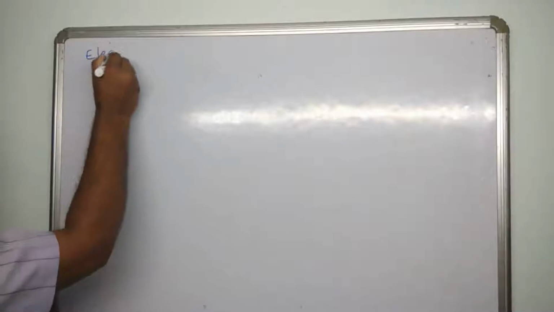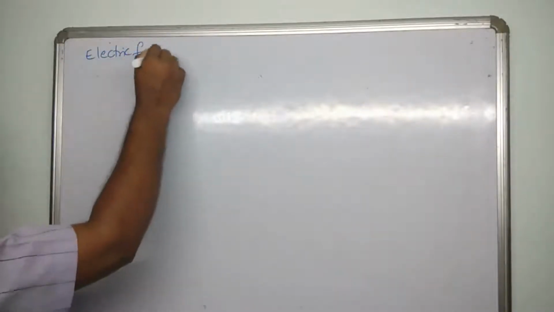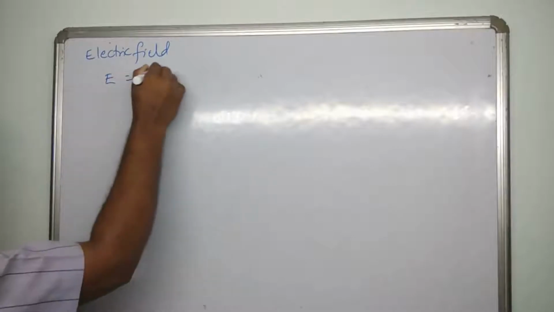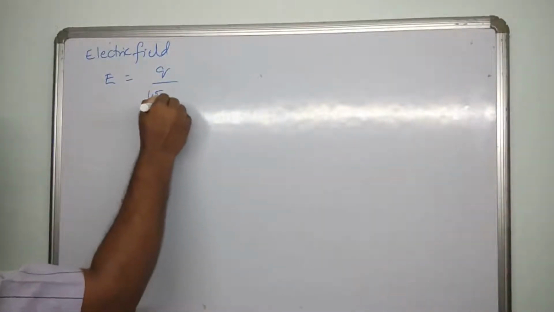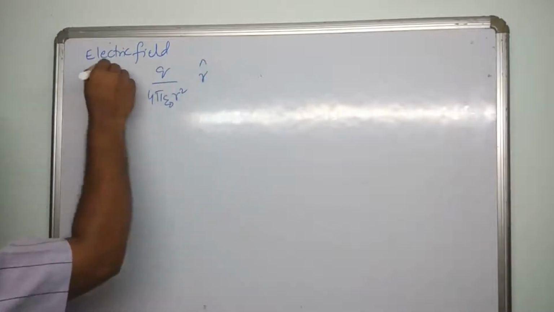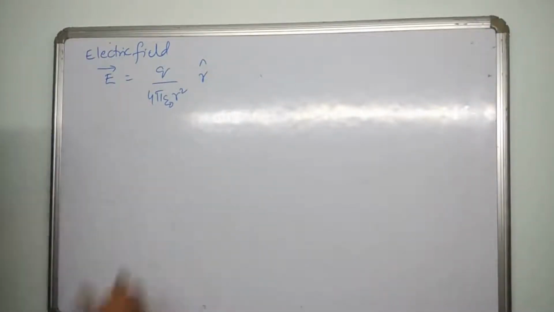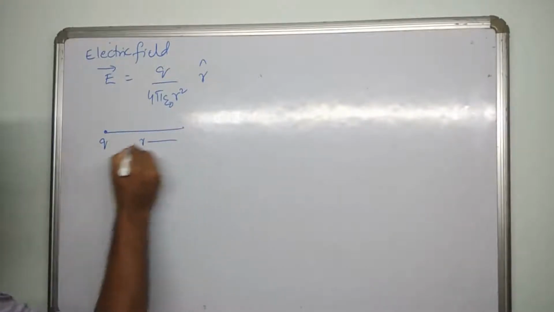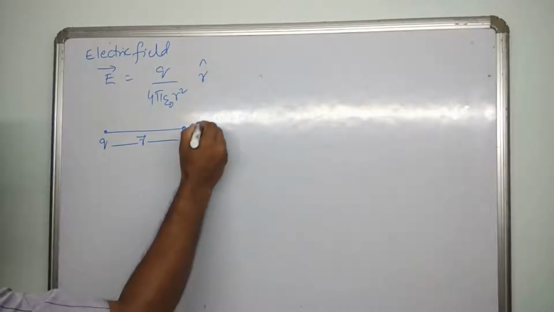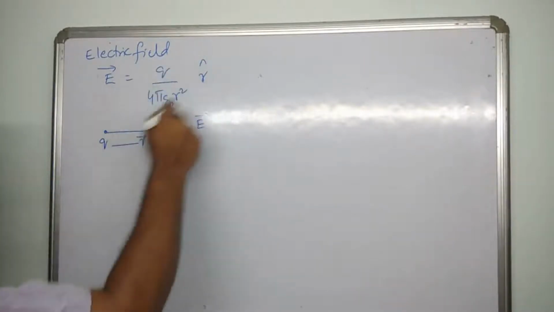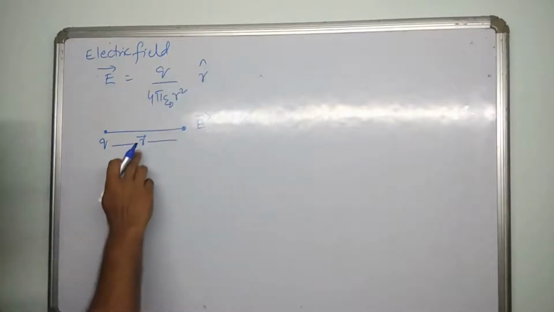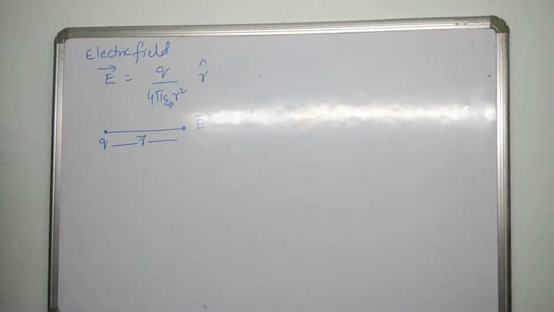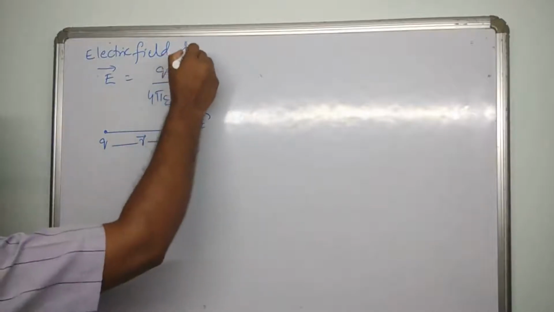Okay, so we now define electric field E is equal to Q by 4 pi epsilon 0 r square times r cap. Of course, E is a vector. So magnitude is this, due to a charge here. If you have a point charge Q, then at a distance of r units from this, you call it vector r, the electric field E is given by this formula. r cap is the unit vector along the direction of this r. So this is the definition of electric field due to a point charge.